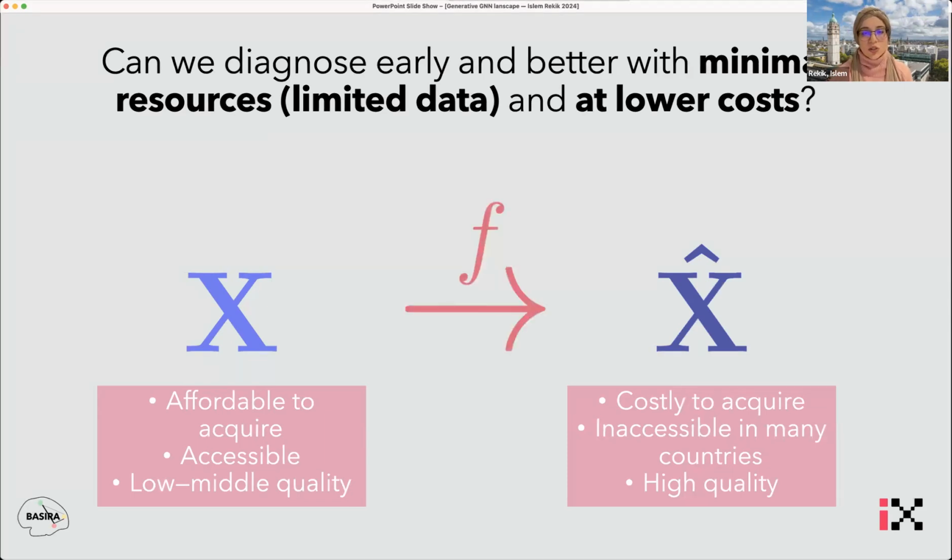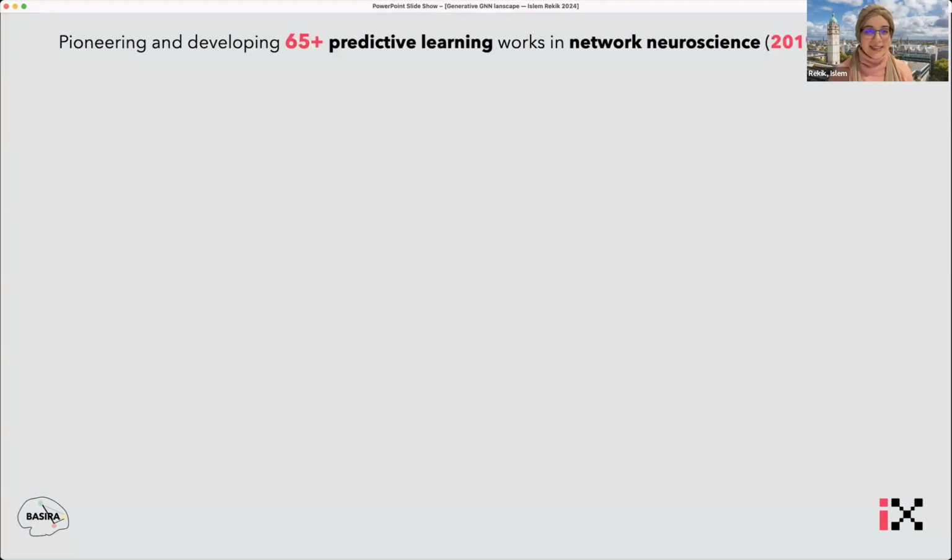So our goal is to learn or to design a GNN model or a deep learning AI model that allows us to get or predict or generate X hat from X, okay? So if we are able to do that, we will solve this kind of problem, which means we'll start from a minimal or partially minimal data, using low cost, limited environments or limited regimes to acquire the data, and then we're generating the data that is costly to acquire, okay, directly. So going from data to no data, this is the generative path, and here we, over the past few years,